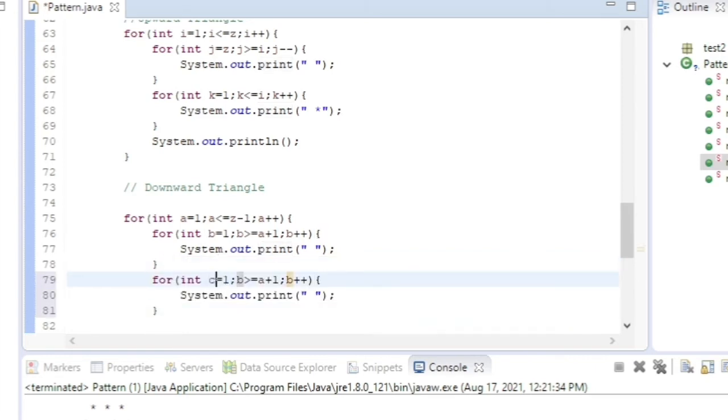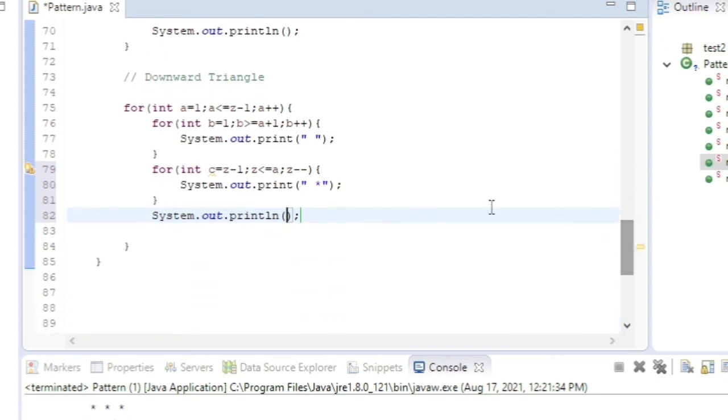Then go to the next for loop. Here we will print stars. Here c = z - 1, because I am going to start with z - 1, which means 9. In our case it's 9, since 10 we are passing in the arguments. We have already printed the 10, so here we are printing the 9. Then I have to set the condition: z <= a, then z--. Here you have to print the star. Everything is fine now, and just call the println method here.